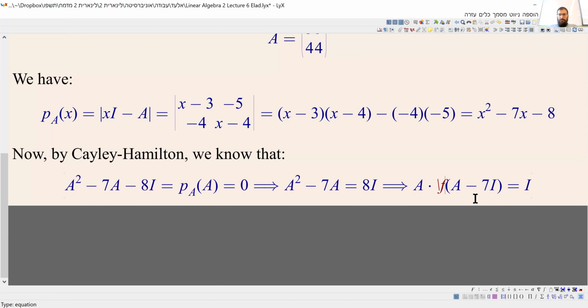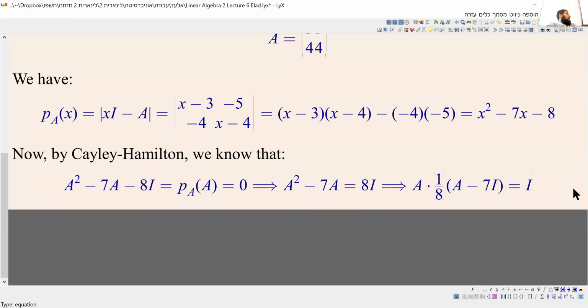Let's just divide every side by 8. Now, by definition, going back to, I don't know, lecture number 3, maybe 4, in the first course, we know that if we multiply matrices and we get the identity matrix, these matrices are the inverse of each other. Meaning,